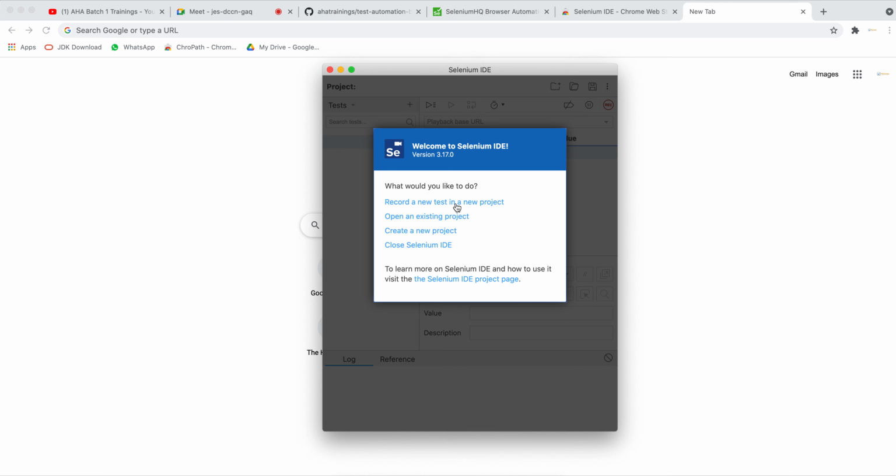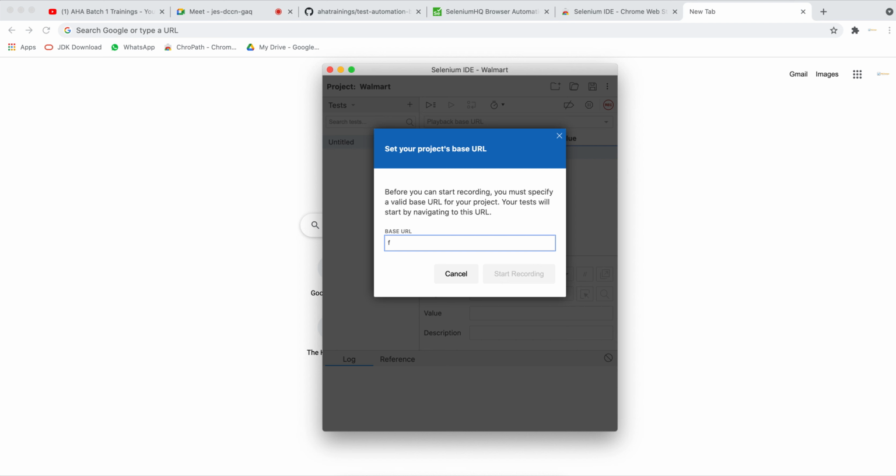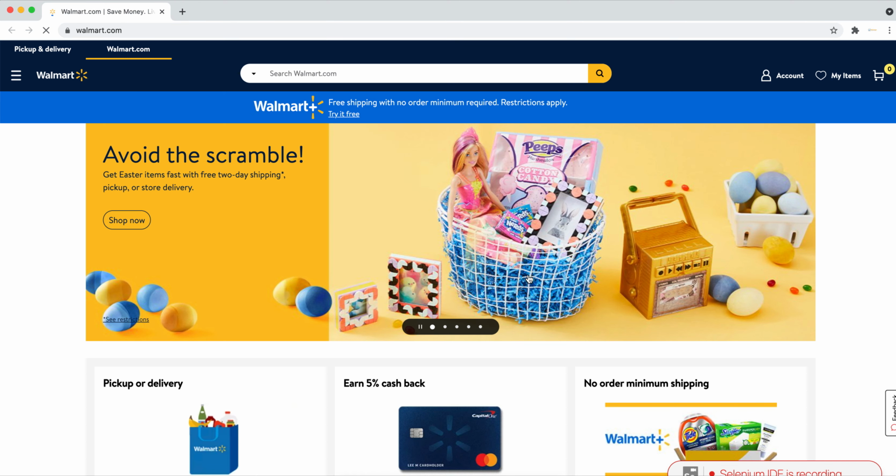Record a new test in a new project. I clicked on that. I'm saying my project name is Walmart. Then it is asking for the URL. It suggests https://www.selenium.org, but I'm giving http://walmart.com. When I start recording, I get the browser here.